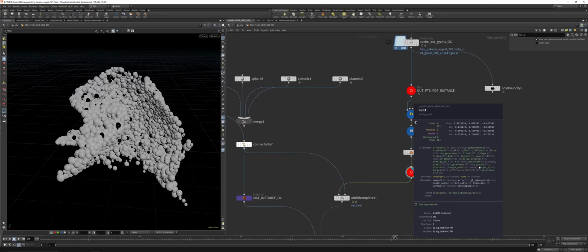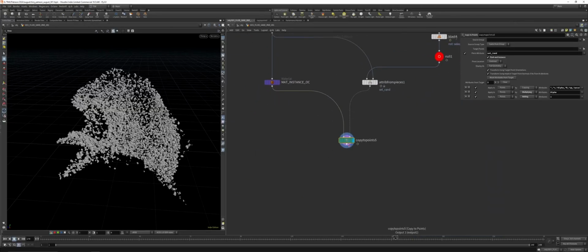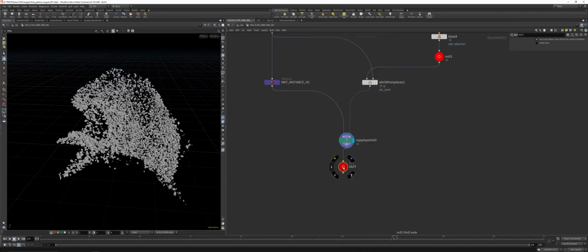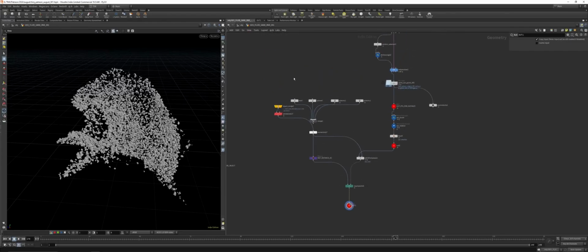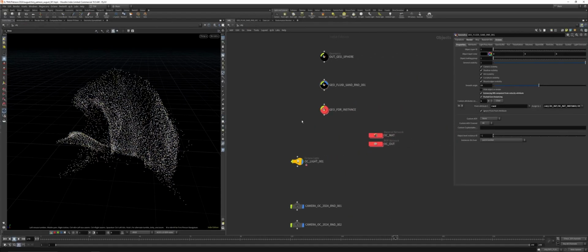And then let's get the null here. And this will be out. It will be for Octane, and I will show you Redshift. But now let's toggle the Octane thing